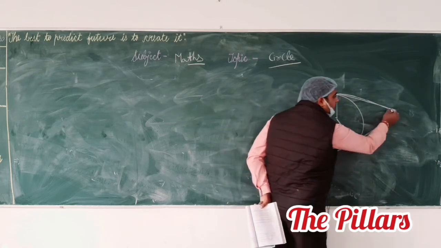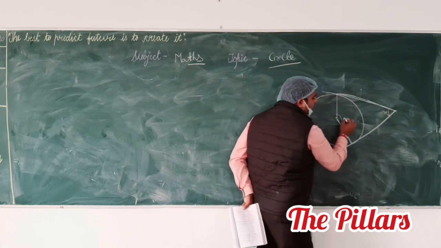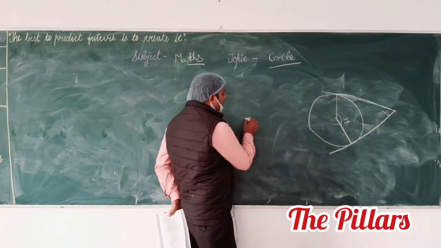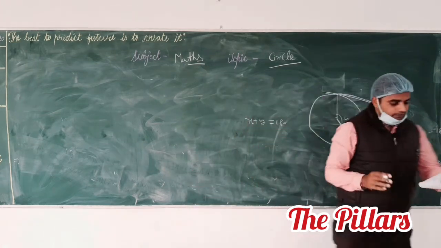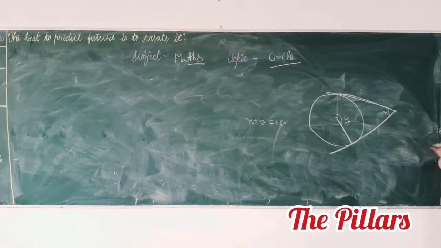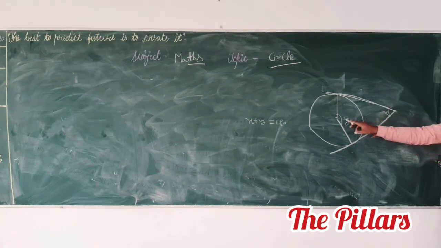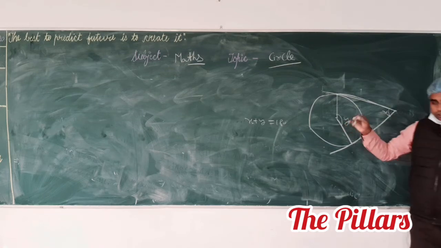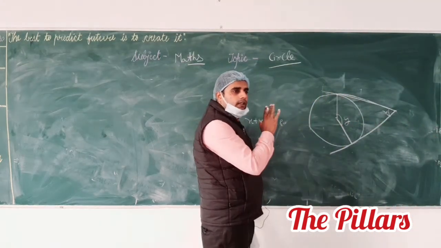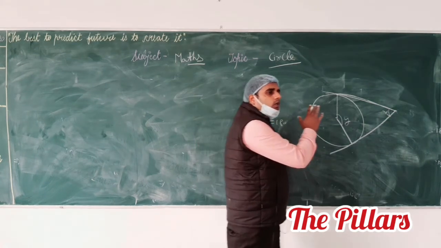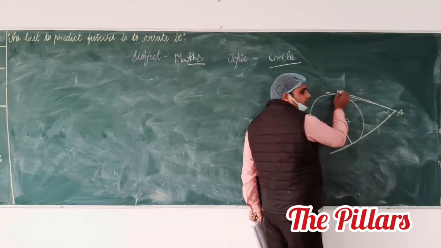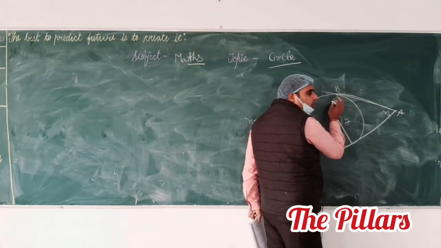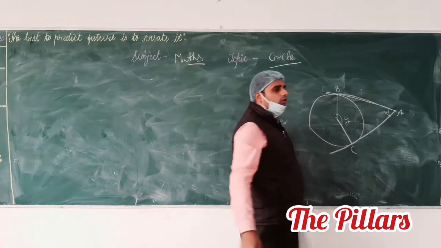The question says that suppose this is angle x and this is angle y. We have to show that angle x plus angle y equals 180 degrees. It means this angle plus this angle we want to prove is 180 degrees. First you have to mention the given. Given a circle C with center O, radius R, and an external point A which has two tangents touching the circle at two points. It means AB and AC are two tangents.